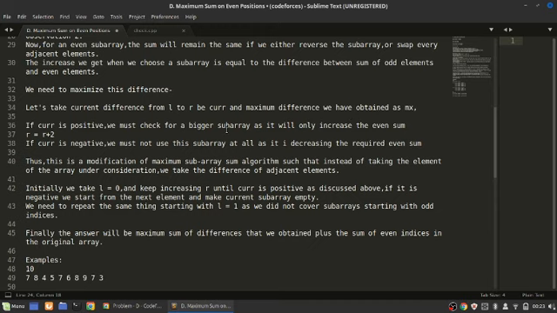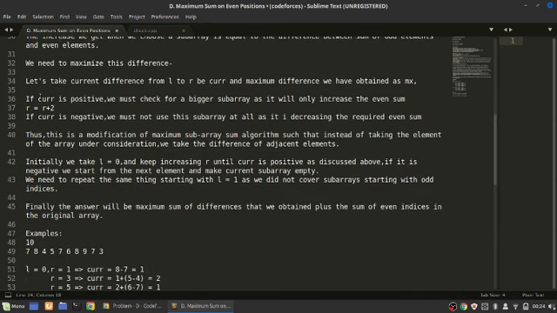To get this bigger subarray, we do R equal to R plus 2. On the other hand, if the current difference we found is negative, then we do not use the subarray at all, as if the sum of differences becomes negative, then the answer will decrease from our original answer from the given array which we had. So it is no use taking such a subarray. So we just exclude this subarray and continue our search with the rest of the array.